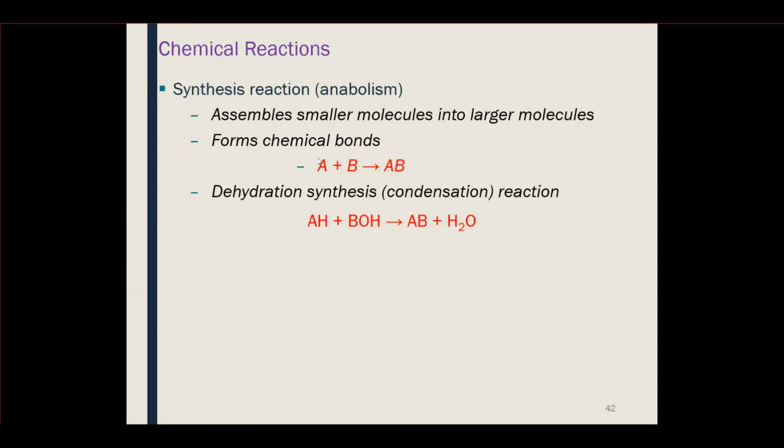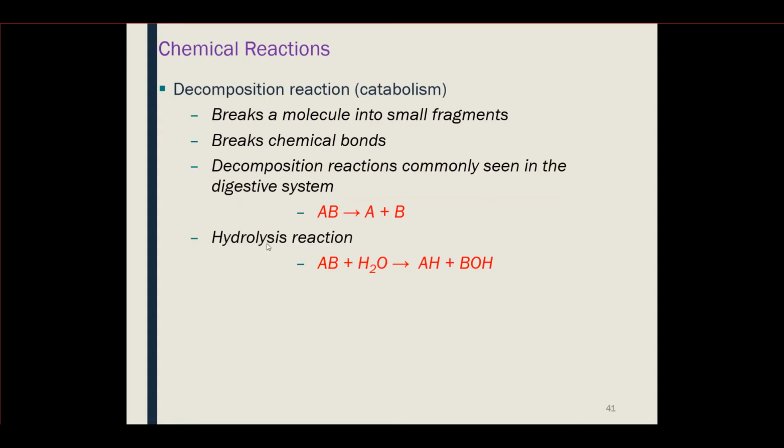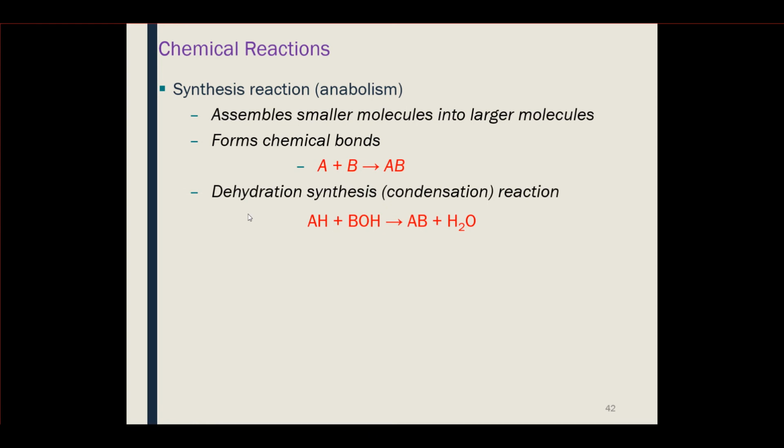Okay, so how can we write this? Our chemical notation would be the reactants, again on the left, A plus B yields a new product, which we write on the right, AB. Now, we said before, I'm going to go back a moment, hydrolysis reactions are reactions we use for decomposition where we add water. Watch this. With synthesis reactions, we sometimes have a synthesis reaction, believe it or not, where we have to take out water to form the bonds. This type of reaction is known as a